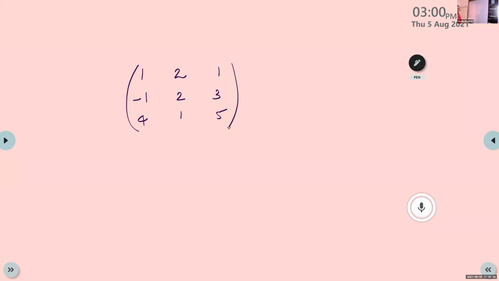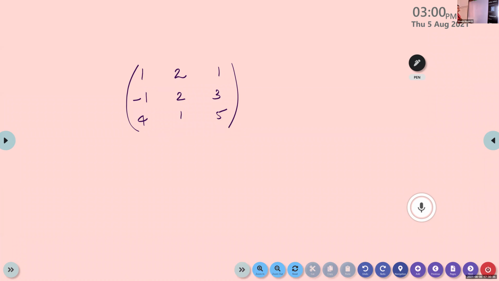We are going to learn some properties. The first property is interchange of two rows. Same thing we can do for columns also, two rows or two columns, but here we are going to learn only one method, the row reduction method. So I'm not specifying column. Whatever we are doing with rows is applicable for columns. Here, as we want to learn only the row reduction method, we are going to learn only the row operations.